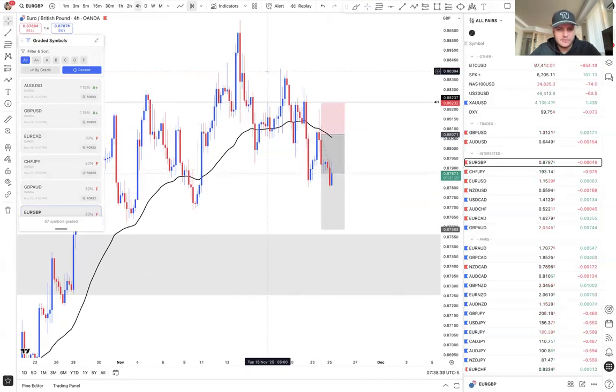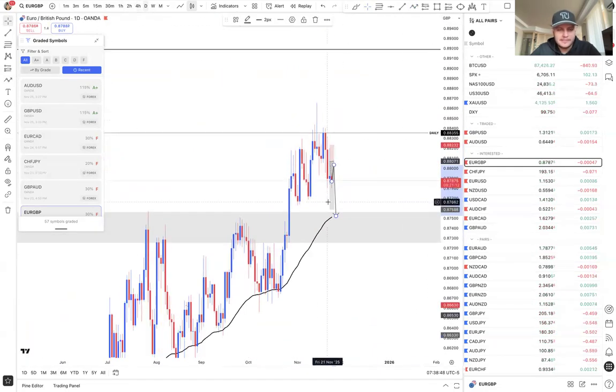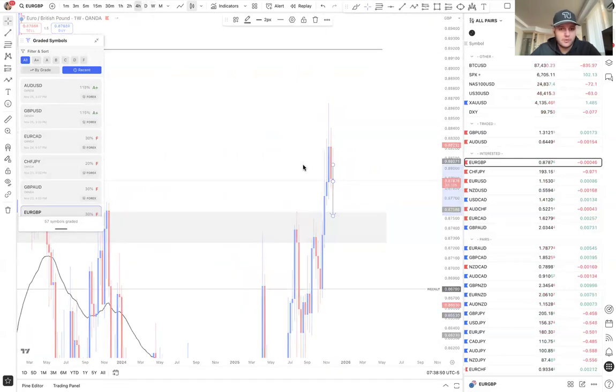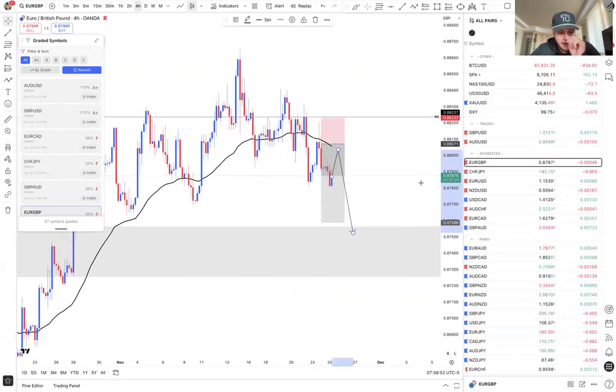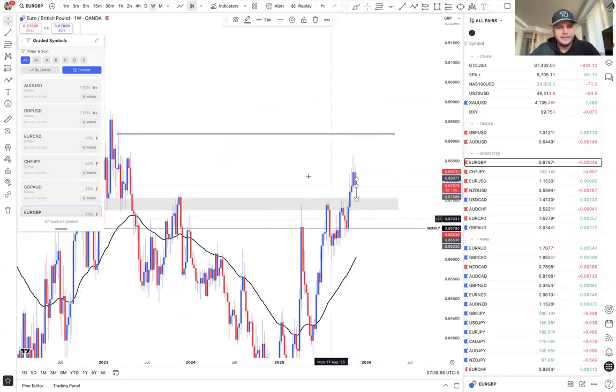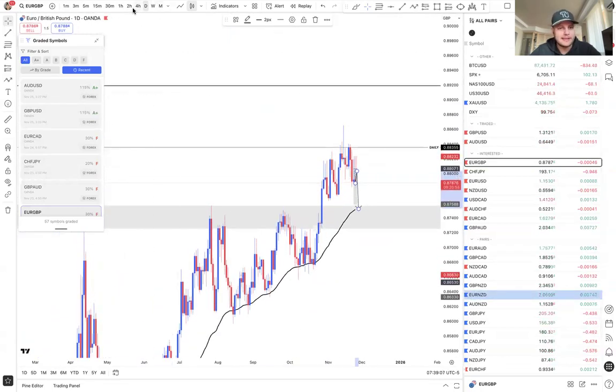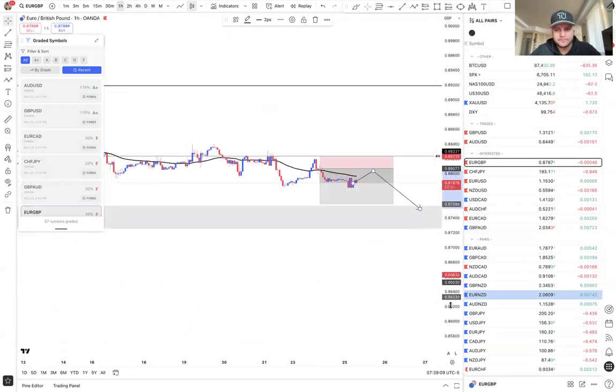So at this current moment, I think price is kind of gone. Unless you get some kind of a pullback potentially into the 4-hour EMA, which is kind of unlikely in my eyes. Daily time frame is bearish. 4-hour time frame is bearish. In reality, this is a counter trend trade because the weekly and the monthly are still bullish, but the daily and the 4 hour are bearish.